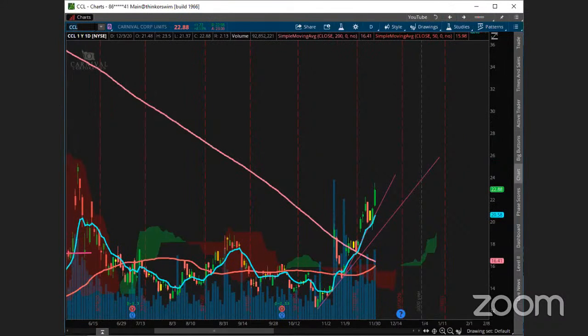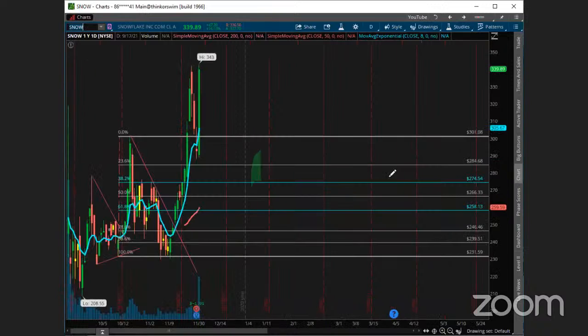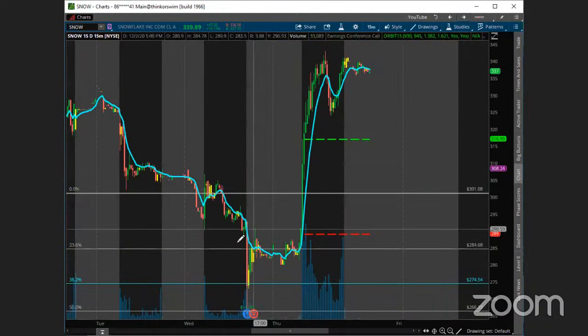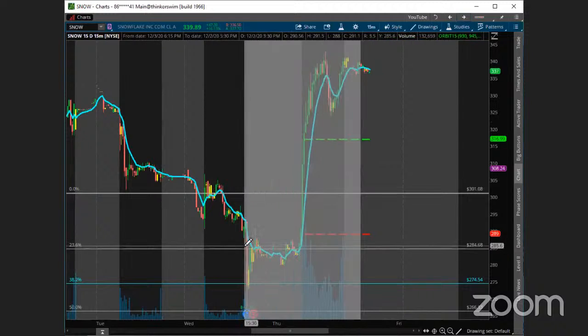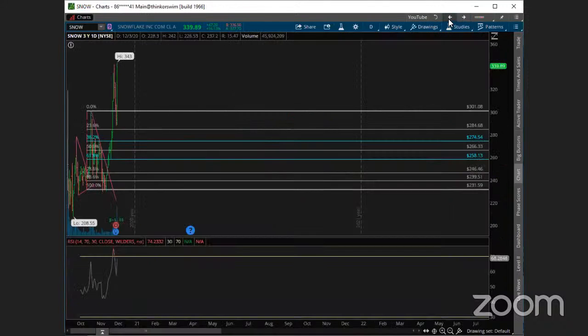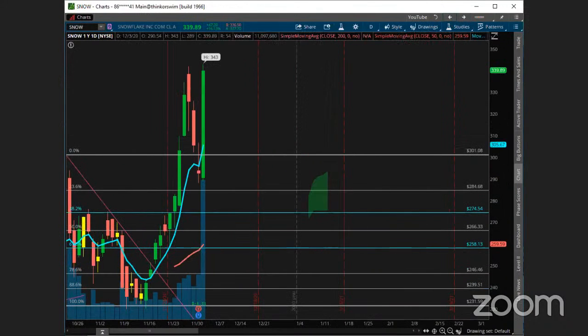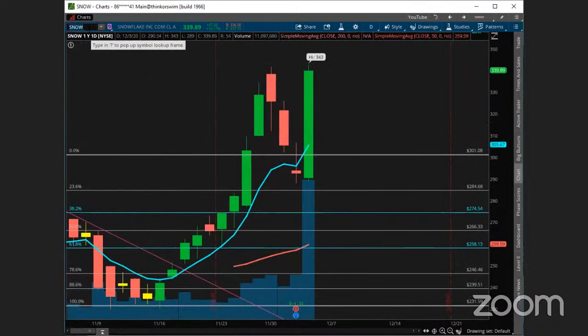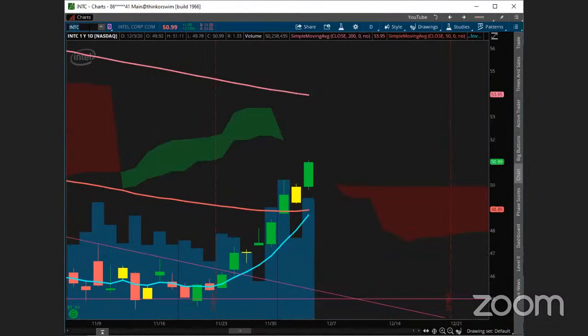So good stuff. ZEK Snow. Woo! What a reversal today. What a reversal. Look at that. Woohoo! So again, it was down on earnings. It was gapping down, it was down, and then the shorts got squeezed really, really quickly right there. And then just a huge move to the upside today on Snow. And it looks like we got fresh all-time highs on it too. Just incredible stuff on Snow. So amazing candle today. For Snow, look for a breakout over today's highs if we're looking for some more upside on it. That can happen off of one of the first days of earnings. So good stuff.